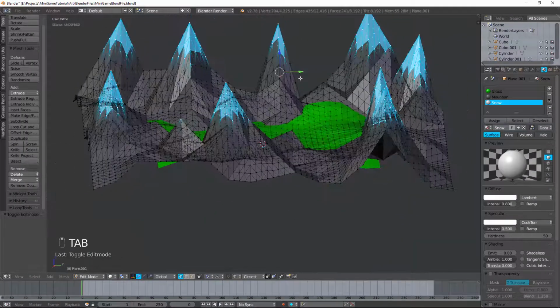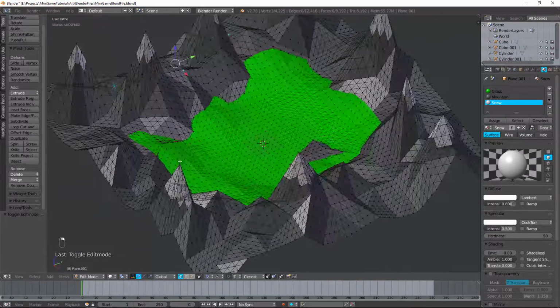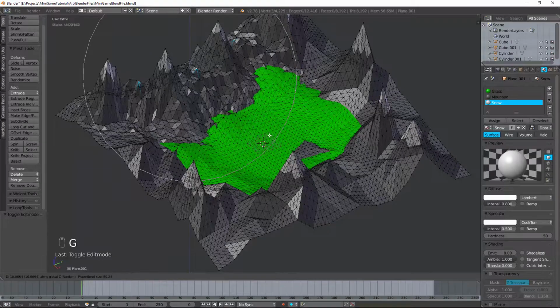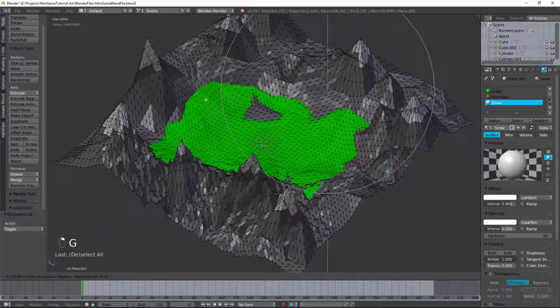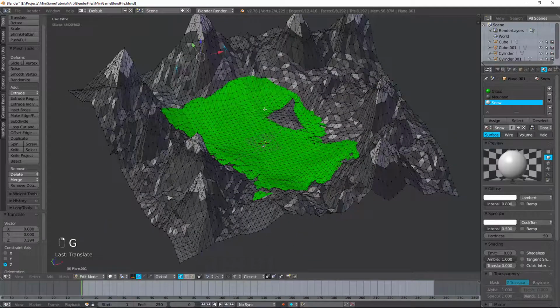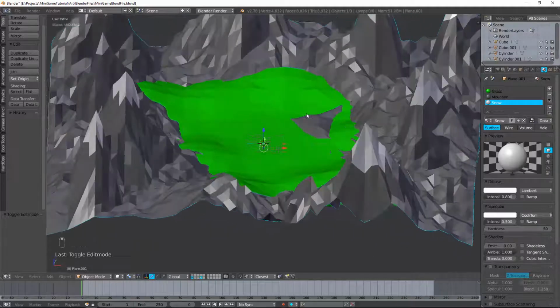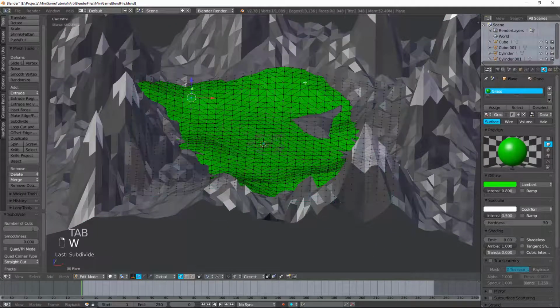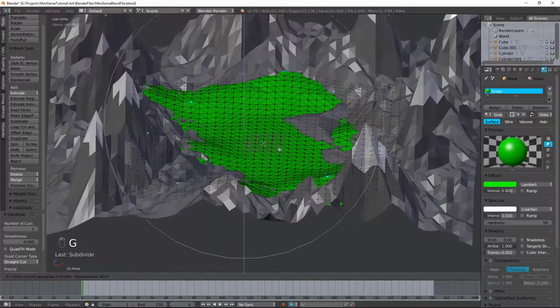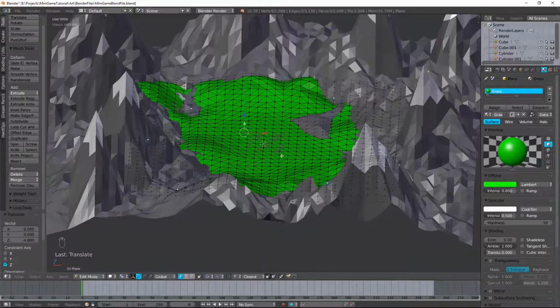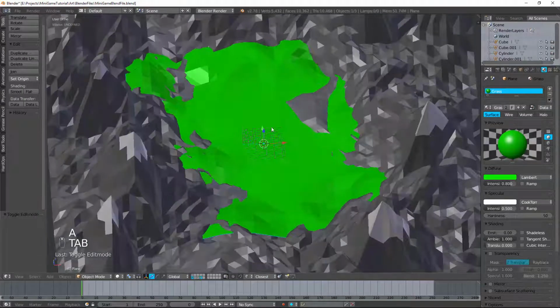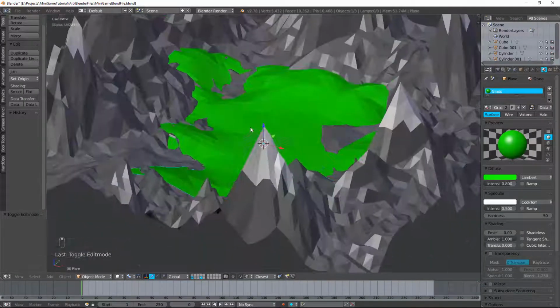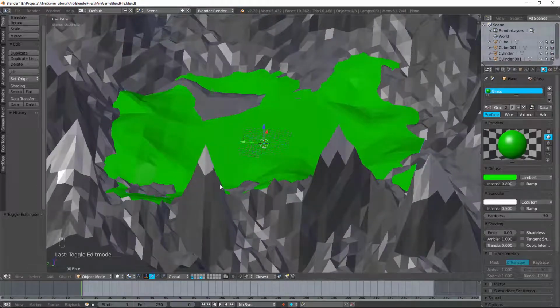And now you can go in and just add a little bit more if you want to. And with the extra geometry, you can see that it's giving a little bit more geometry as well. I kind of like that. I'm going to subdivide this one more time as well and give a little bit more randomness here. And move it down to get a little bit more rocks inside of there. And I like that. So we're going to put our player right about here,